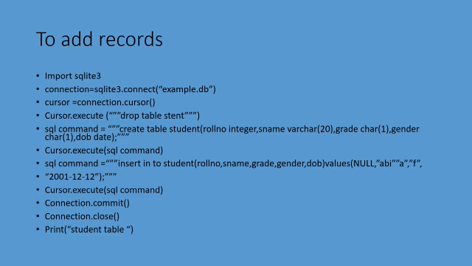So what are the things you are doing? You have to save that using commit. Then after saving you have to close it. So connection.close. The work will be closed. The table, everything will be closed. And that's all about it. And for our understanding, we have given print a student table. It will be printed. If you want to give a message, you can give like this. Student table will be created.